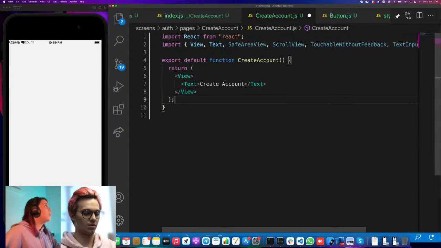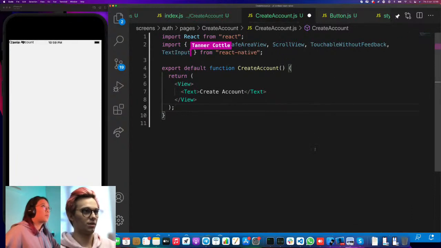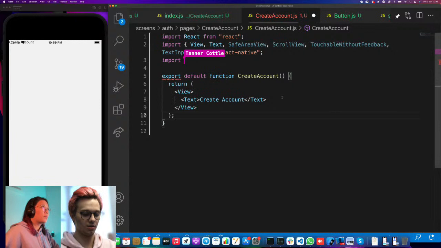All right, then we want text input, right? We need to be able to log in. And then I think that's about it. Awesome. Okay. And then let's also import that button that we created. So we'll import button